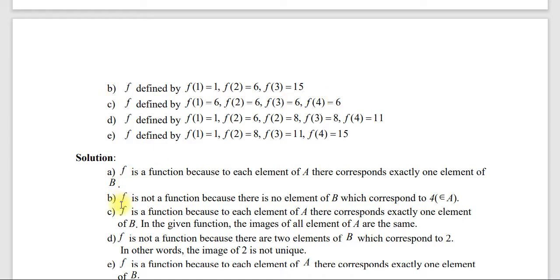ዲ ስንመለከት ዲ ደግሞ ፋንክሽን አይደለም ይለናል። f is not a function because there are two elements of b which corresponds to 2. Okay, D ኒውት f of 1 1, f of 2 6, f of 2 8, f of 3 8, f of 4 8. አሁን ከሁለት ጋራ ሁለት ከ6 ጋራ ሁለት ከ8 ጋራ ፔርድ ሆኗል። ስለዚህ ዶሜኑ ተደገመ ማለት ነው በቀላል ቋንቋ።